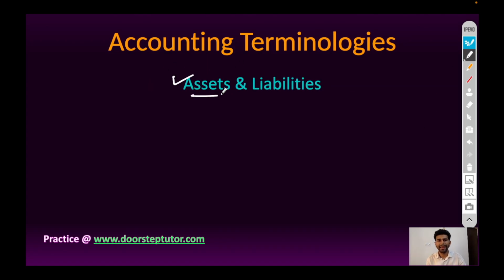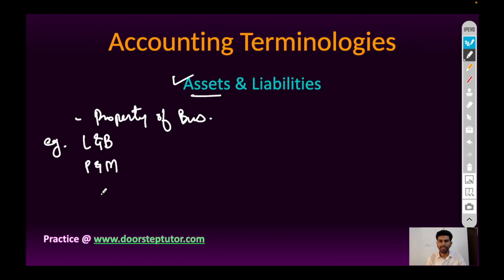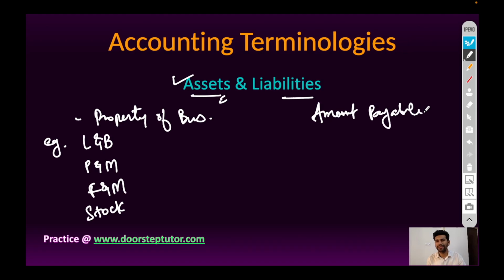Next is assets and liabilities. Property of business is called as assets. For example, land and building, plant and machinery, furniture and fixture, closing stock of goods. These are the assets, and amount which are payable by the business is called as liabilities. For example, loans, salary payable